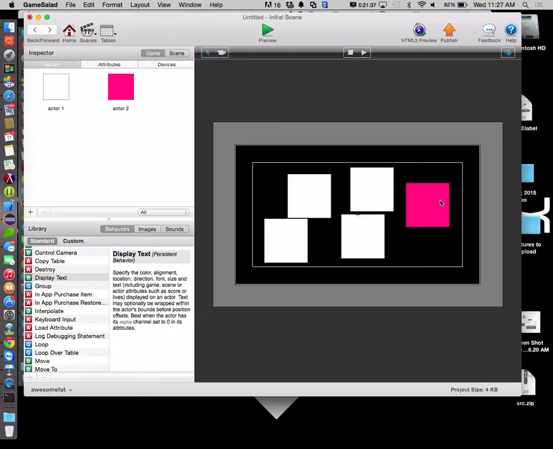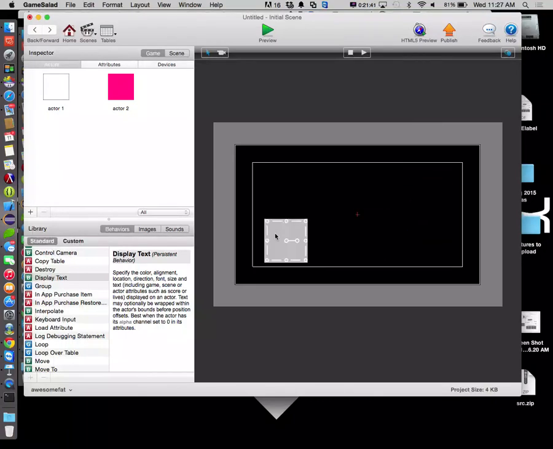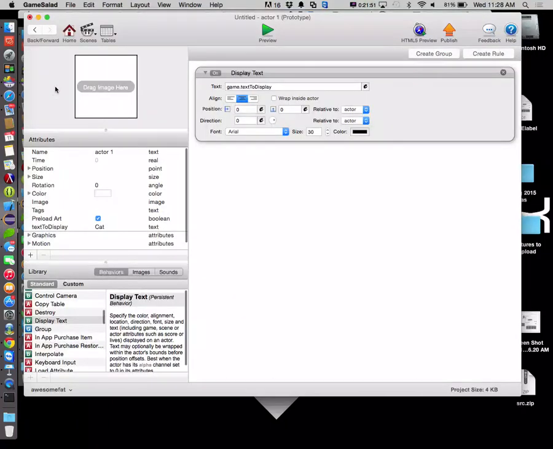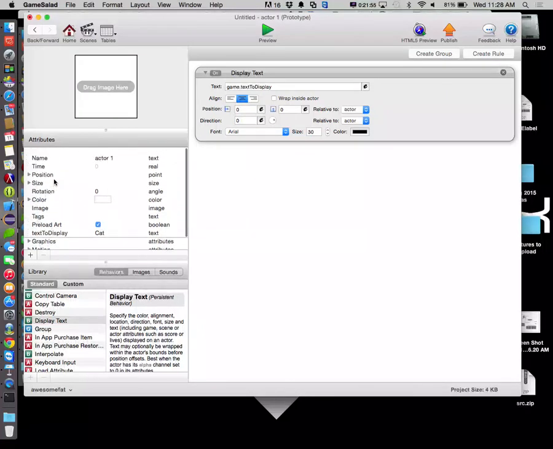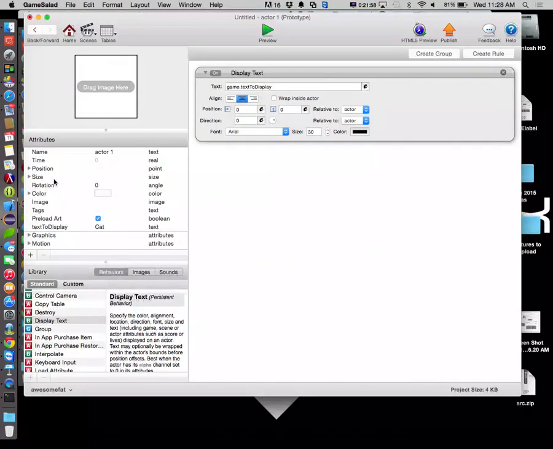So let's get rid of a bunch of these guys here. All right, now, just as we built some variables into the game and into our individual actors, there's also a whole bunch of variables that already exist, a bunch of attributes that already exist as part of our actors. So one of these,